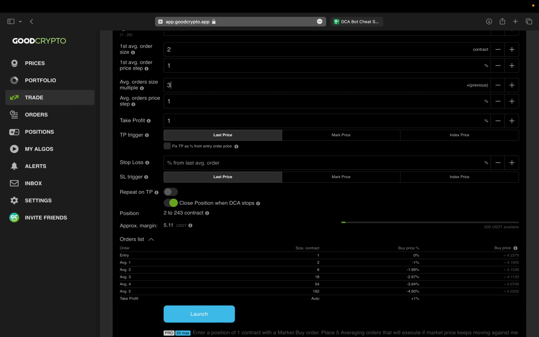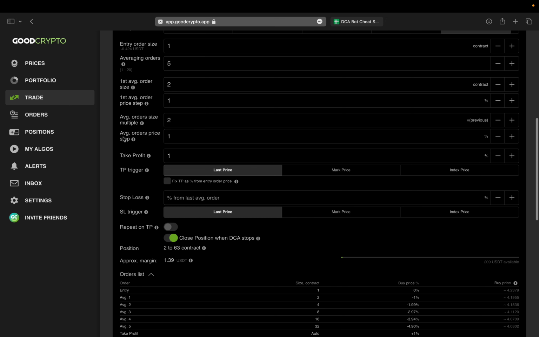Let's go to the next. Okay, let's leave it at 2, my preferred number here, and let's move to the next field, which is averaging